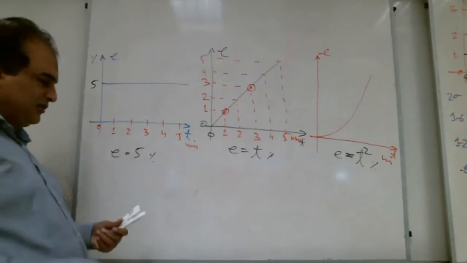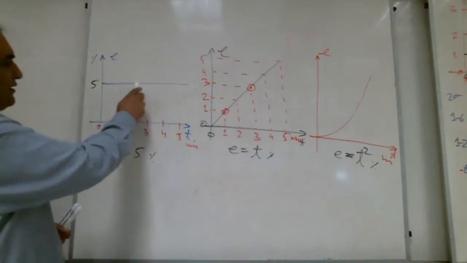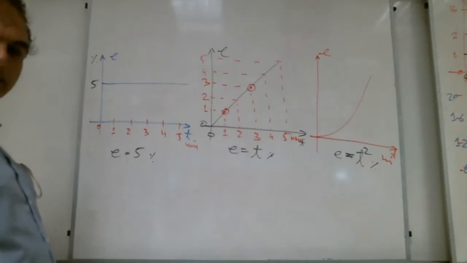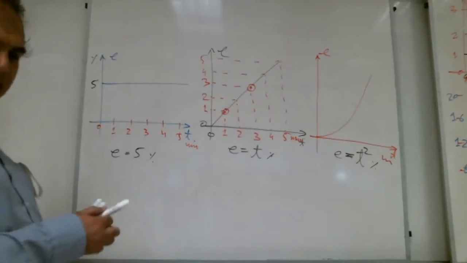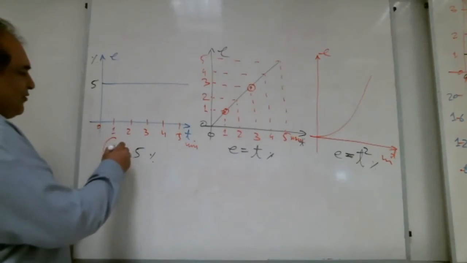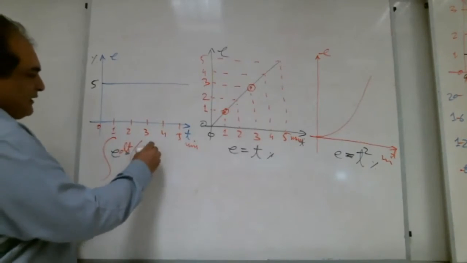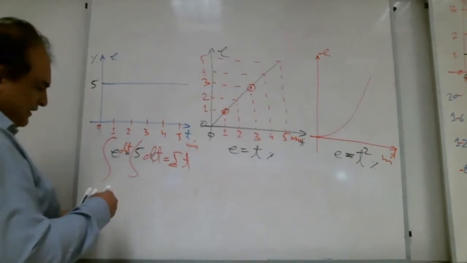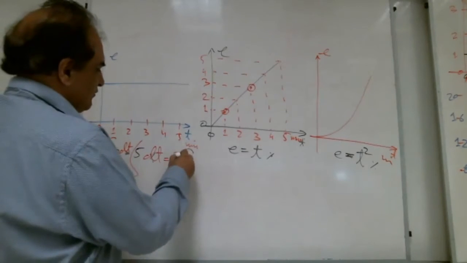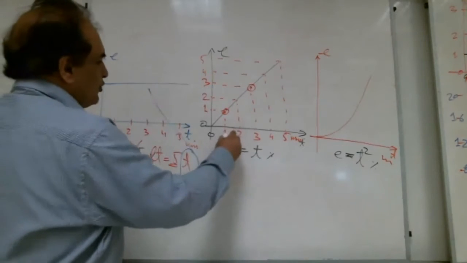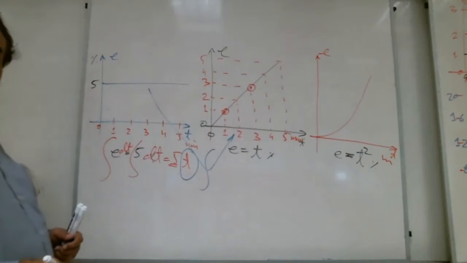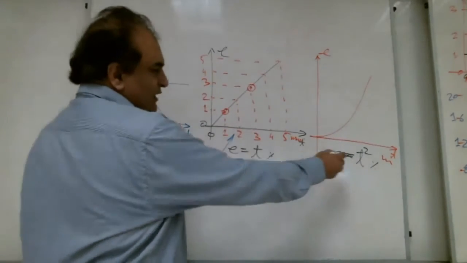We have this constant error. We want to bring the t. Mathematically, what should we do? A lot of brothers are writing integral. So if we take the integral of both sides, we get 5t. 5 is constant, no problem, but t is there. That's what we want. So we need to do integration from constant to here. Again, from t we're going to get t square.